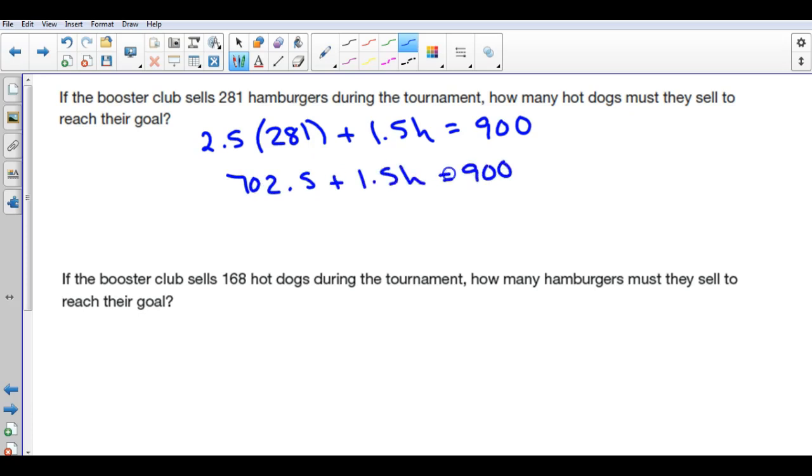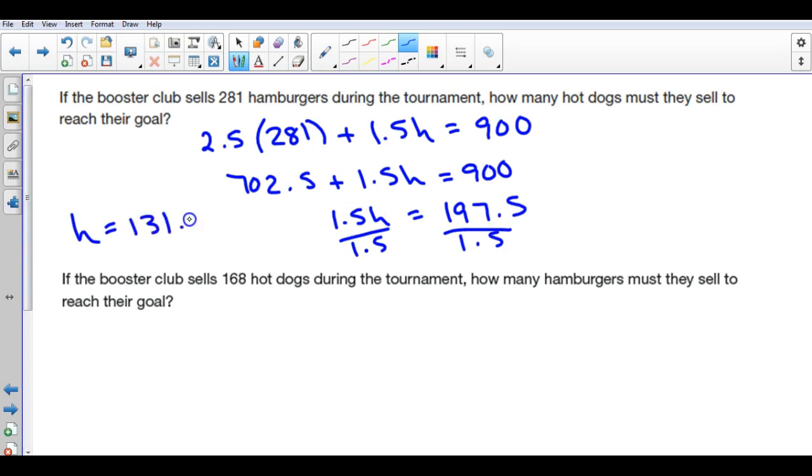And they're trying to reach that goal of 900. So I'm going to take 900 minus the 702.5, and that means that they need to come up with $197.50 more from just hot dog sales. So when I divide by 1.5, and I encourage you to try this on a calculator, what you end up with is H equals